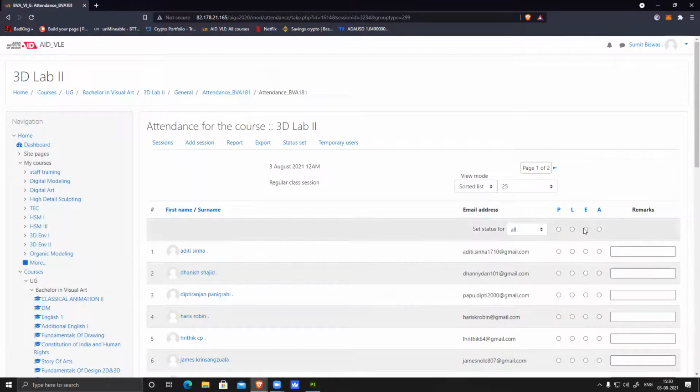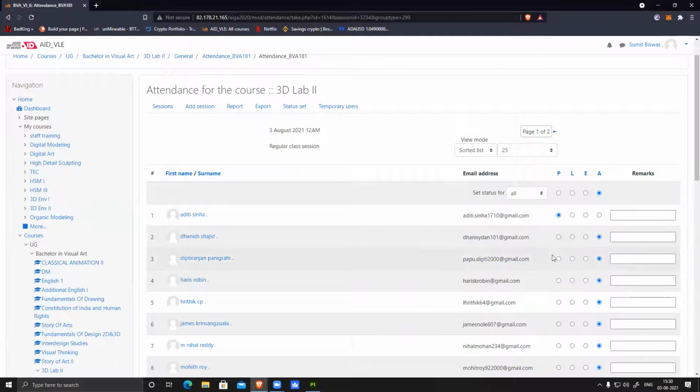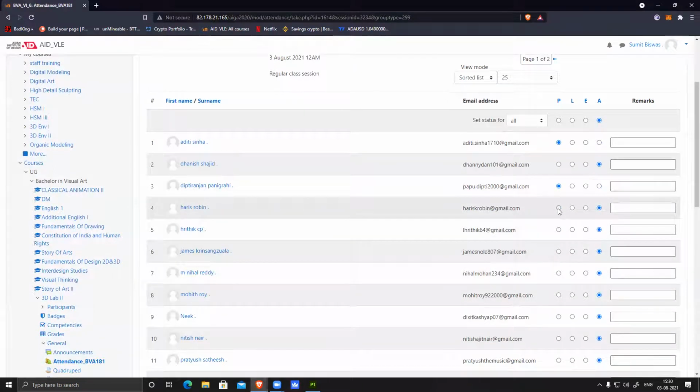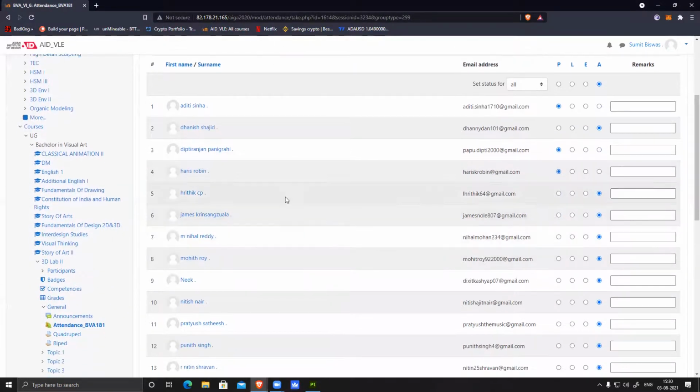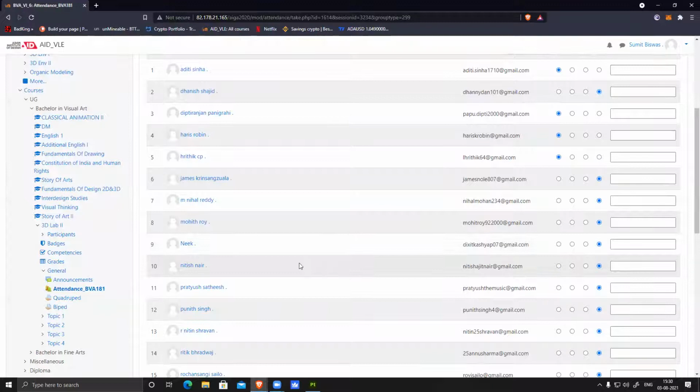Few attendants are missing. I'll add that. Let's see. Aditi present. Dipti Ranjan. Friends. Then we have Harris. Then Ritik CP. Present, sir. Yeah. Then we have Mohit.